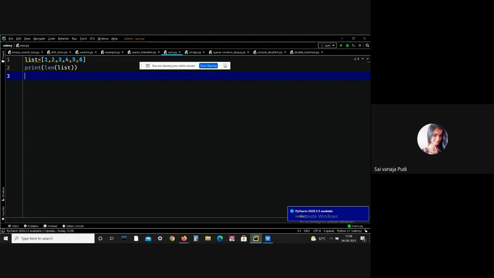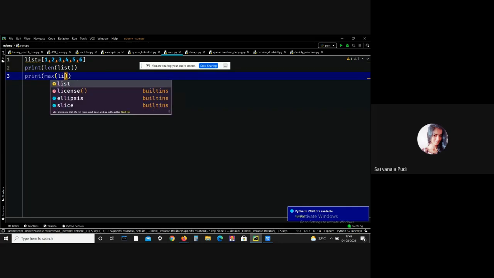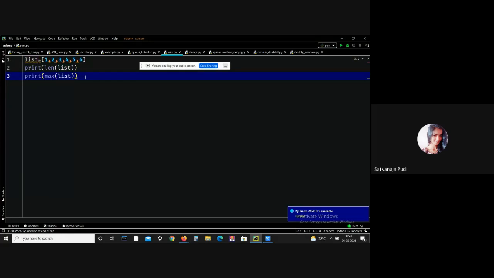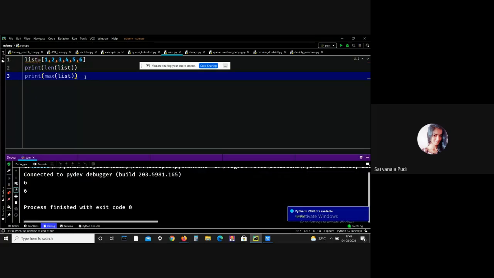If I perform the max operation, generally it returns the highest value. These are all small questions. See, we got the output, that is 6.